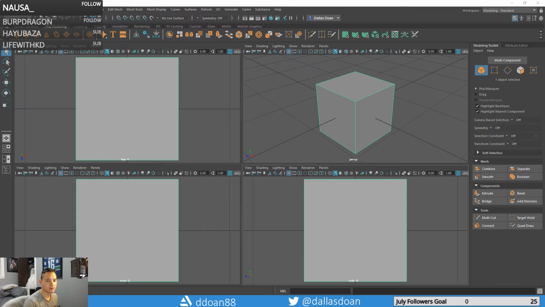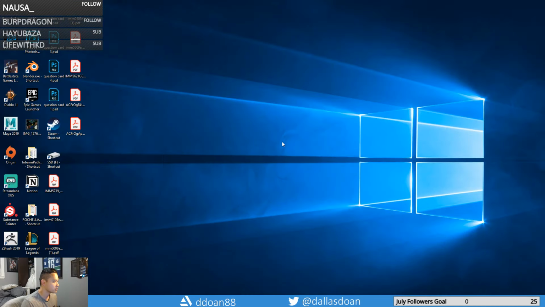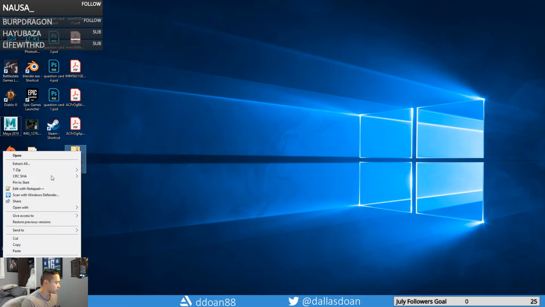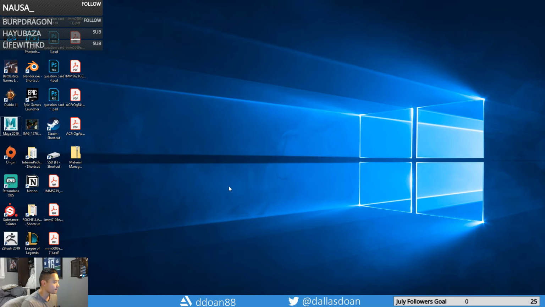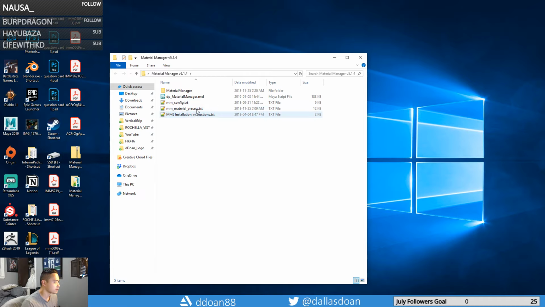Yeah, so I can just remove prefs back up. Grips, I believe, is still here, which is great. The only other add-on that I've been using lately is material editor. So I'm just gonna install this right now. Extract this here. Just extract files, and then I need to make sure that I have, pretty sure,